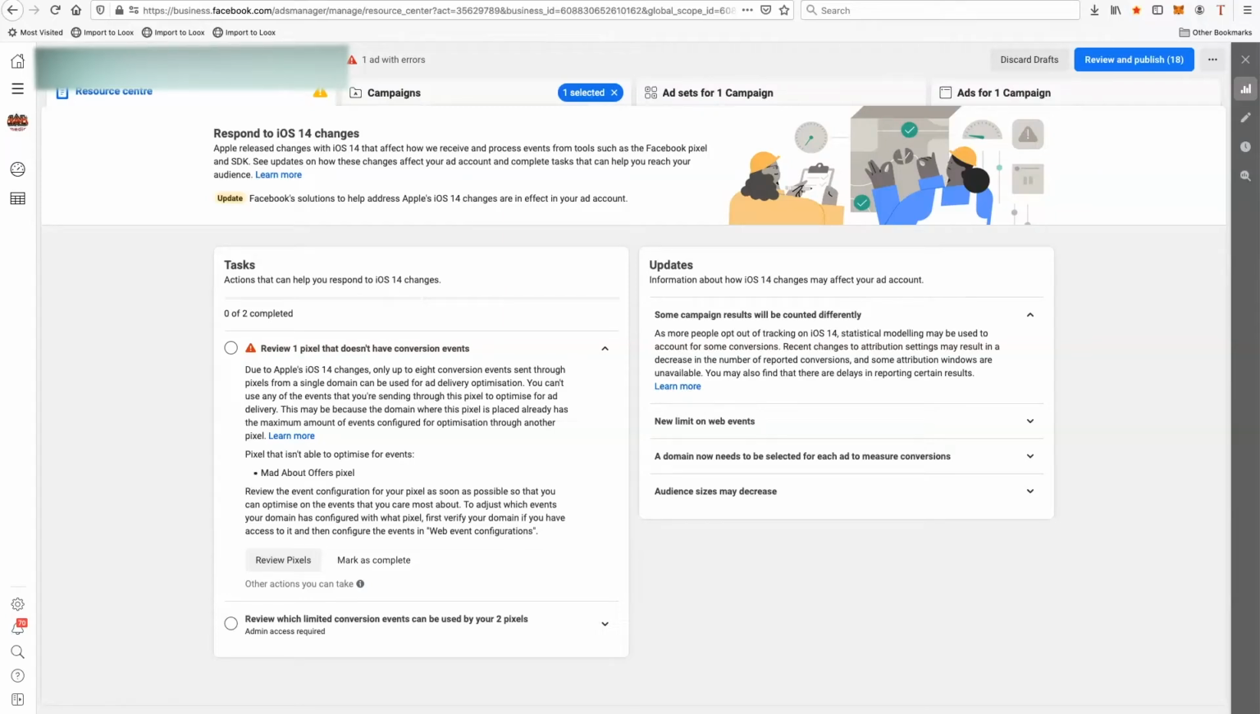So recently, depending on when you're watching this video, you would have heard all about the iOS 14 update. This was an update that Apple did to their iPhones, and basically what it means is customers can opt out of data tracking, which inevitably messes up your Facebook ads. Now, you could just target Android users if you wanted to, but again, there's still a lot of people